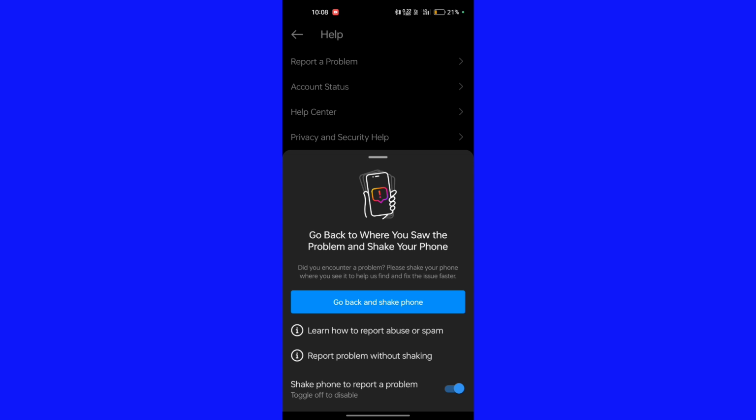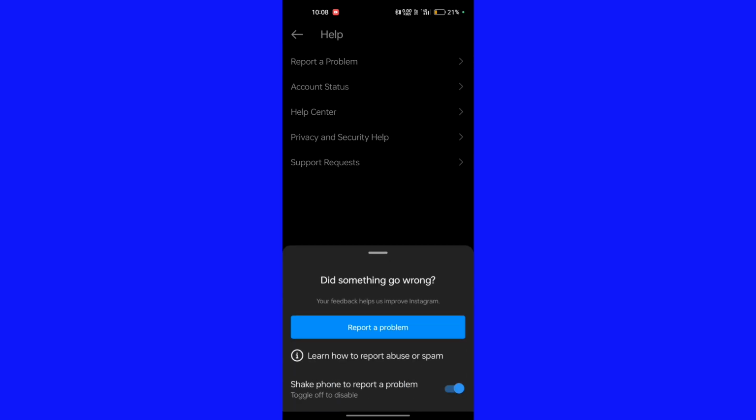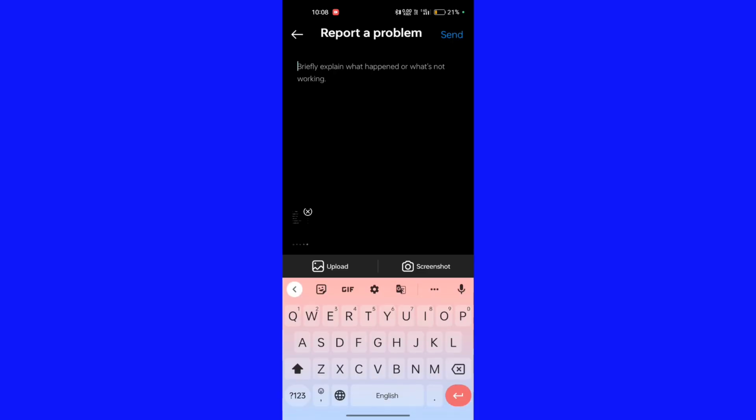Click on go back and shake your phone and click on report a problem. Now click on include and continue. Now